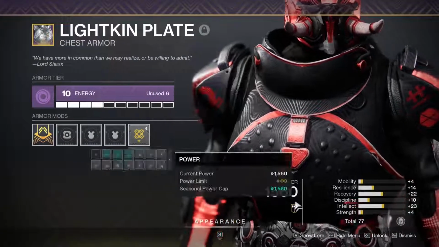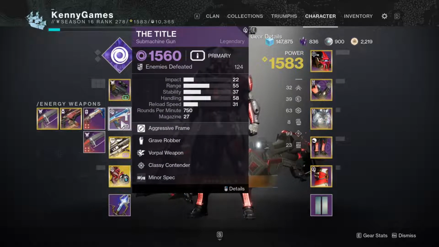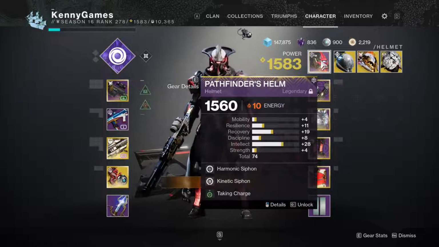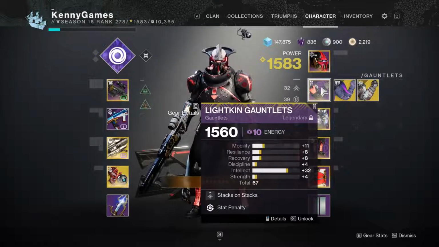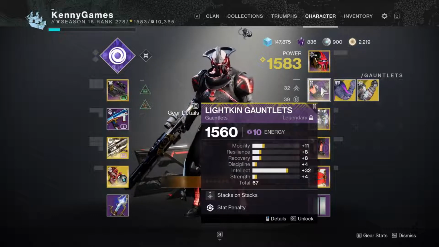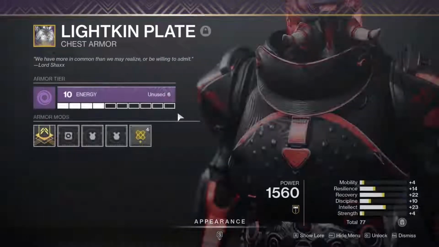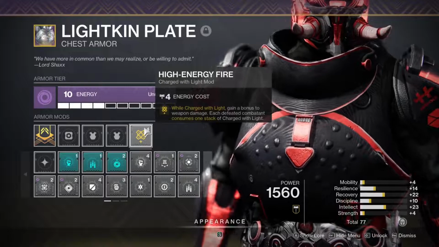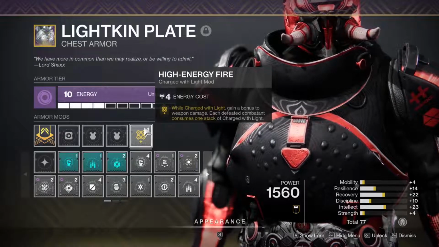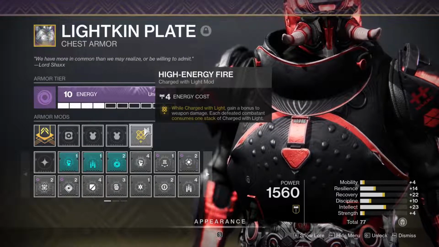So, right now, when we get rapid kills with the title, we are becoming Charged with Light via Taking Charge. And when we pick up an orb, we then become Charged with Light times 2. Which then, with High Energy Fire, we gain bonus weapon damage until you defeat a combatant. So if I'm shooting a boss with High Energy Fire, that stack isn't going to go away. I'm going to be always doing that extra damage. If I'm killing adds,